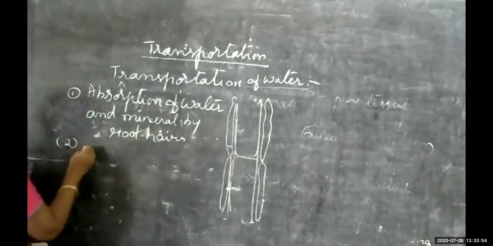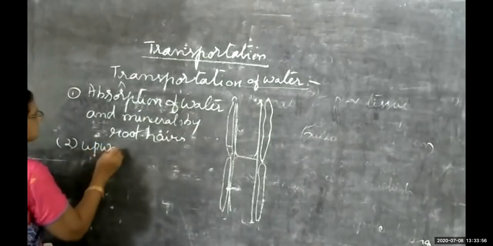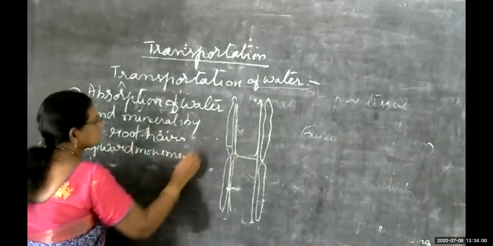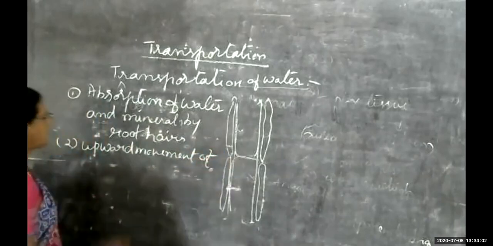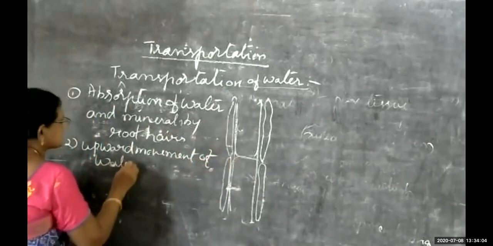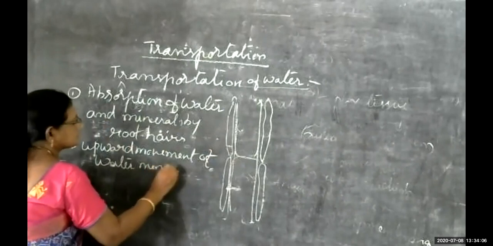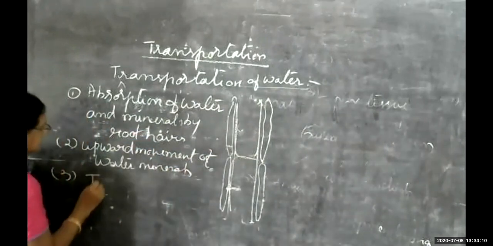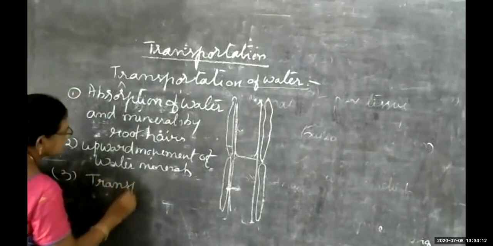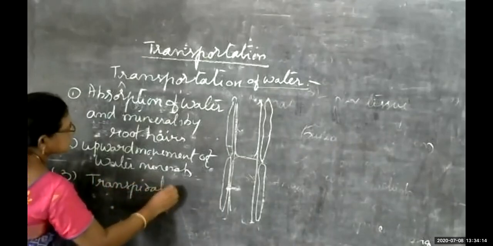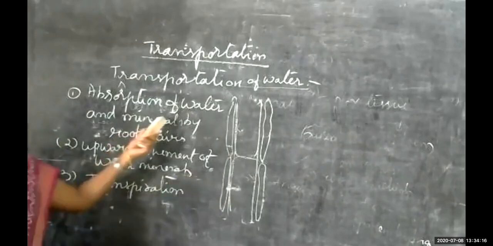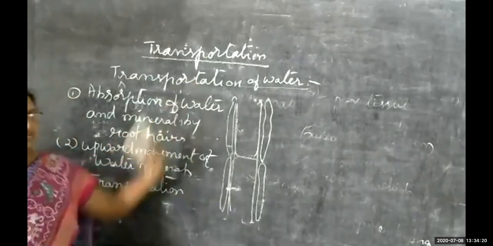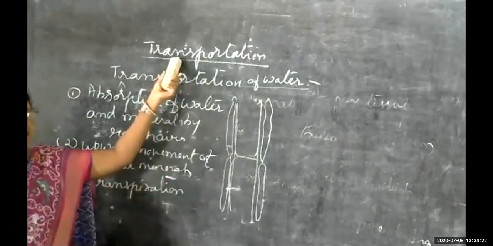And the second one is upward movement of water and minerals. And the third step is transpiration. The third step is what? Transpiration. Okay. So mainly three steps are there in the transportation of water from root level to the other